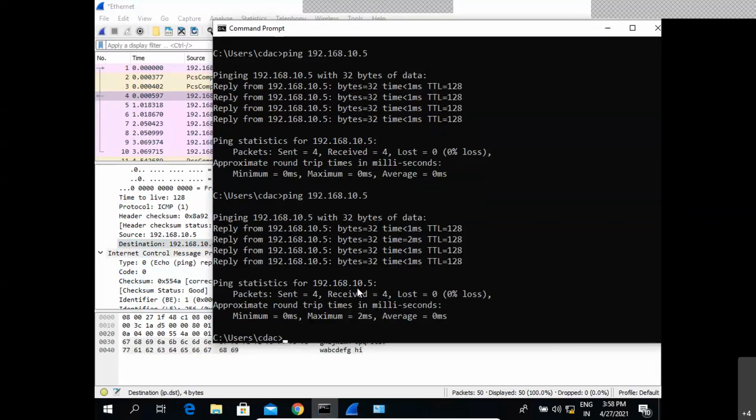So different operating system vendors took different values for their operating systems. Using this time to live, whenever the packet reaches a gateway or a router, this TTL value will be decreased by 1. So if the communication reaches a gateway or a router, now in this case it is 128.